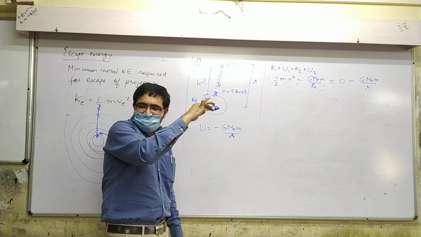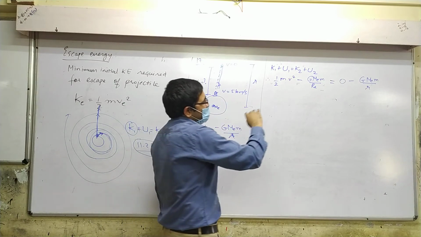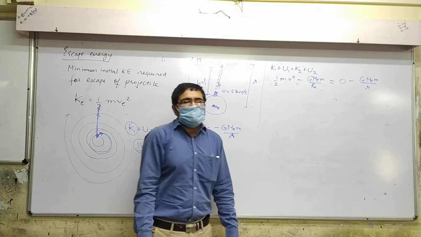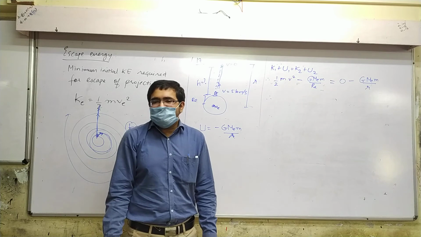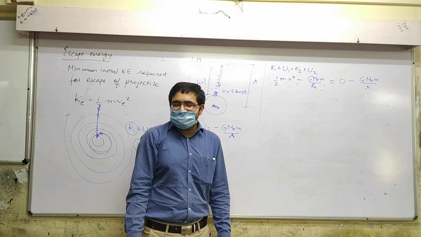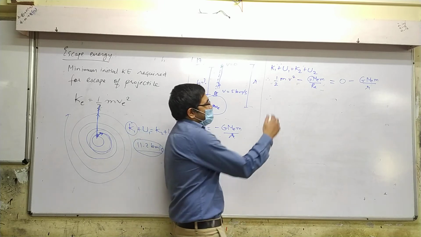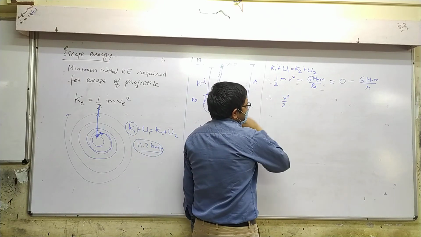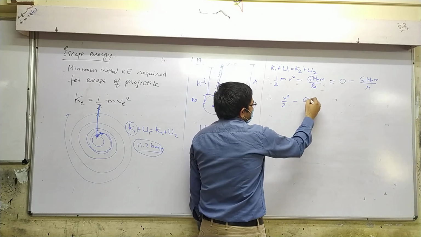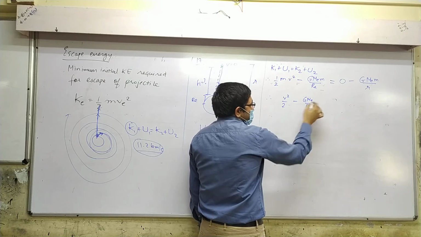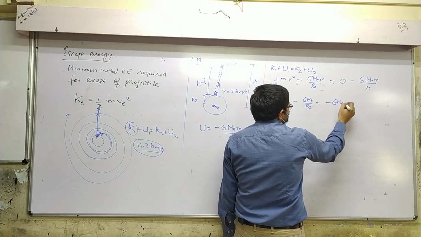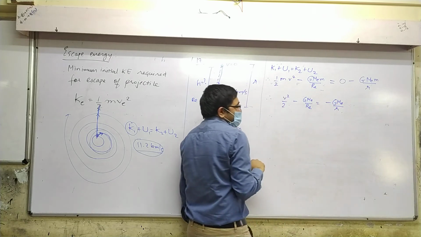You will understand this, right? Now what do we have to do? Is there something that's everywhere? What? M. M that is what? Mass of rocket. Now you understand why it doesn't matter in the question? Because it will always get cancelled. Right? So m cancels. V square by 2 minus G Me by Re equals minus G Me by R. Okay.